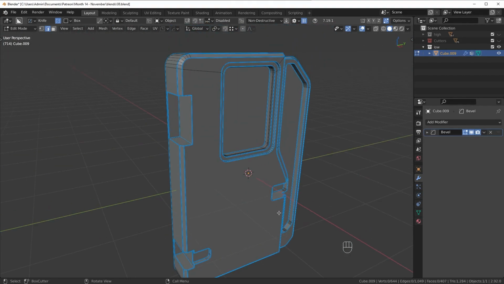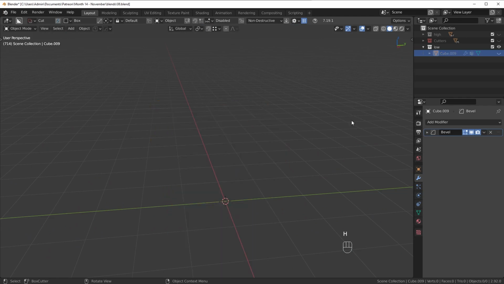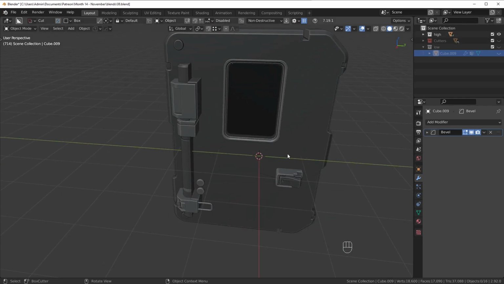Okay, so this piece is good. It's ready. We can just hide it. We press the H key. We can turn off the low poly collection altogether, and now we're just going to go back to the high poly, turn it on, and then we're just going to do the same exact process to the rest of the